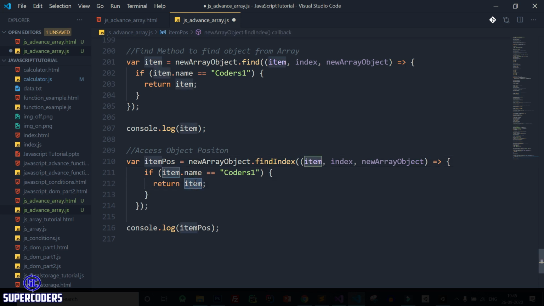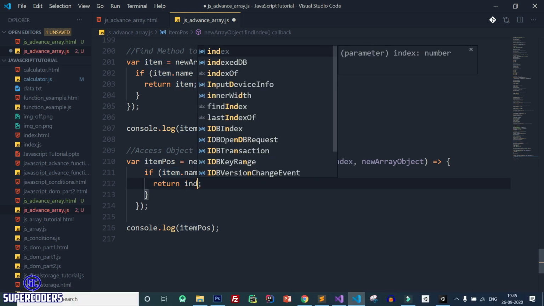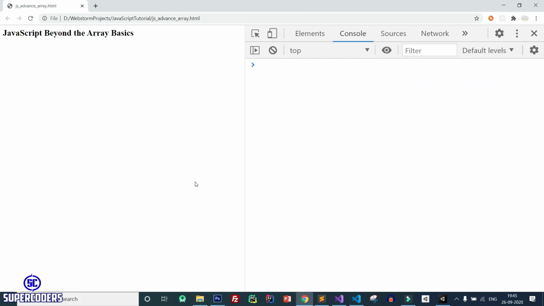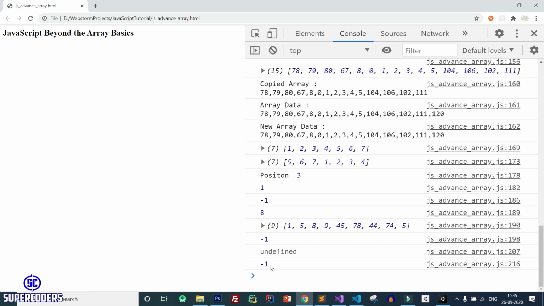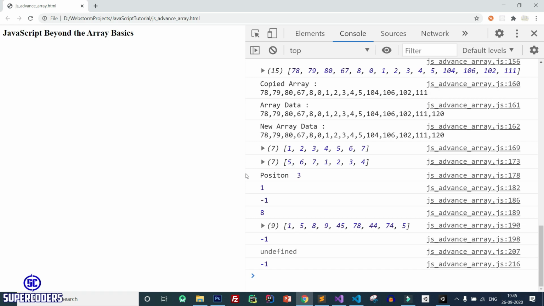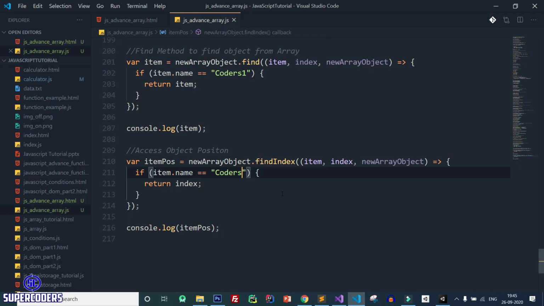So here we need to return the position, simply return index, or save it. Again back to Chrome, refresh the page, and here you see it returns -1 because the item does not exist, meaning coders1 does not exist. But if I try coders, save it, refresh the page, and you can see it returns the position which is 1, which is perfect.